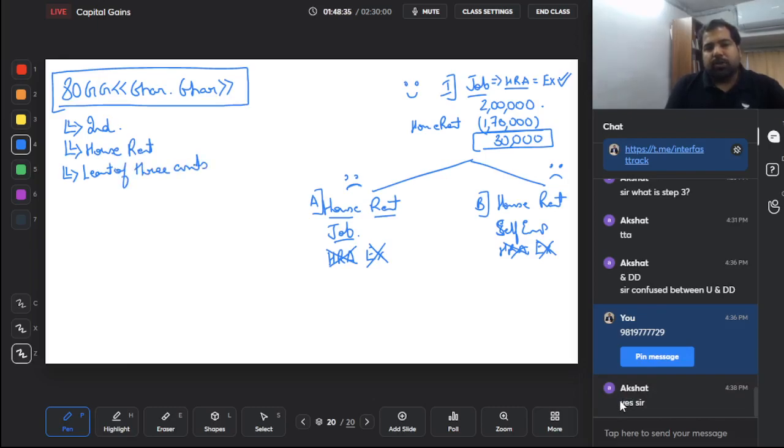Okay, tell us which three amounts. First, 5,000 per month. Alright, 5,000 per month means basically if I have taken a house on rent for 12 months, 5,000 into 12. Yes. B, the rent that you are paid or payable